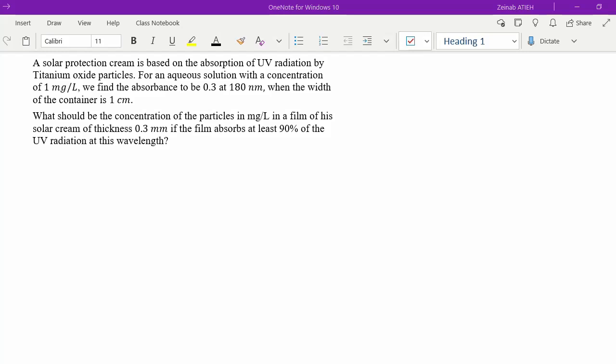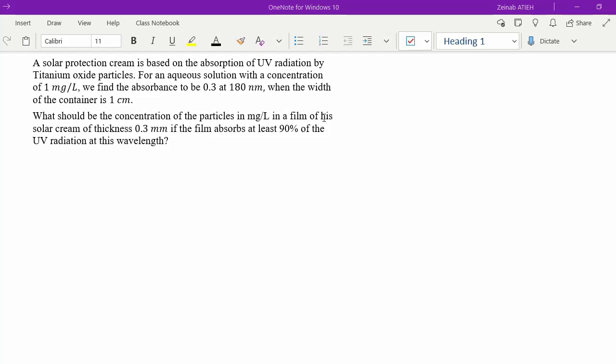So he's giving me the absorption at a certain wavelength, the width of the container, and for sure the concentration of the solution. What should be the concentration of the particles in milligram per liter in a film of